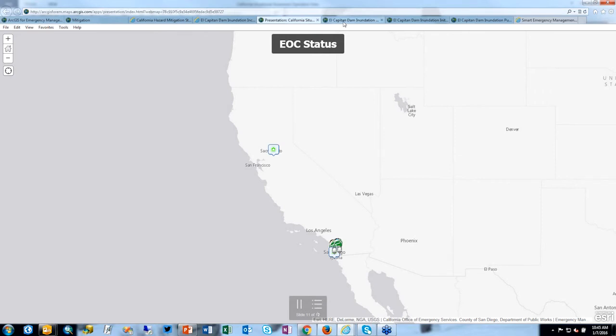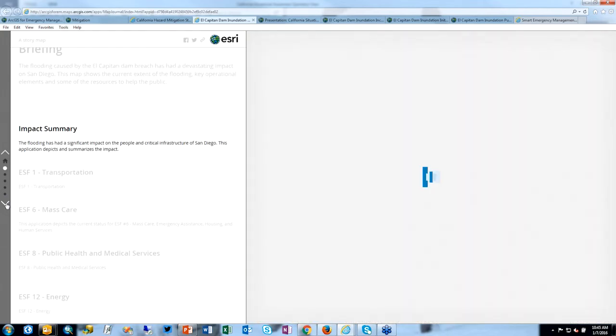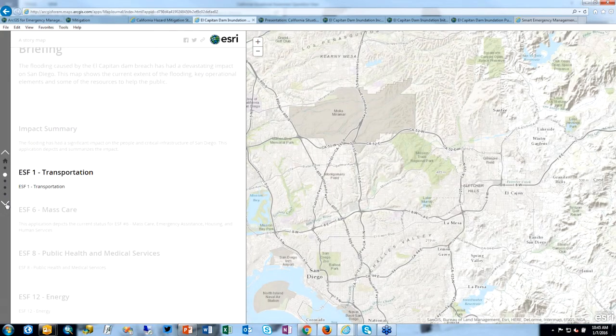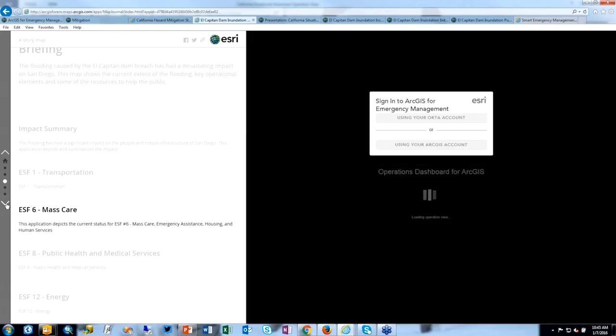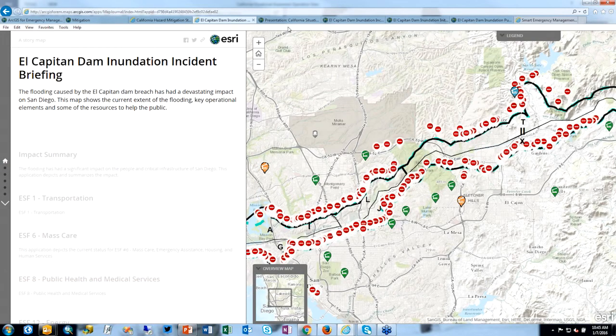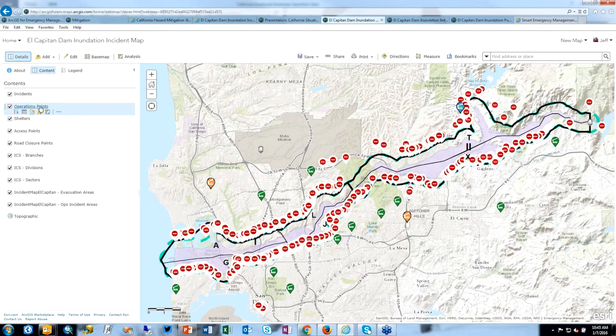information. Also being able to access this in a briefing form, and when an incident occurs, going through and looking at the different aspects of the response, such as transportation, mass care, that type of thing, being able to access this information quickly and timely. And all of this is built upon a common web map that has the core elements that we want to capture and be able to communicate in applications like this, such as operations, shelters, incidents.